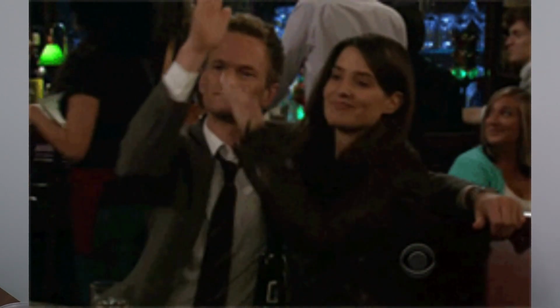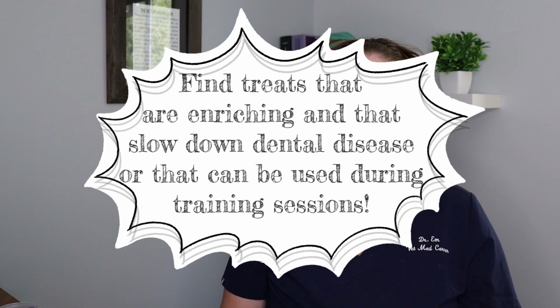For my dog, I will put a Veggiedent into one of the bones from the West Paw company. That works like a charm, and it gives her something safe that she can gnaw on. It's also helping to slow down dental disease. It's enrichment. We're just winning all around. So if you're looking for treats, I would recommend you look for something like that, or at the very least